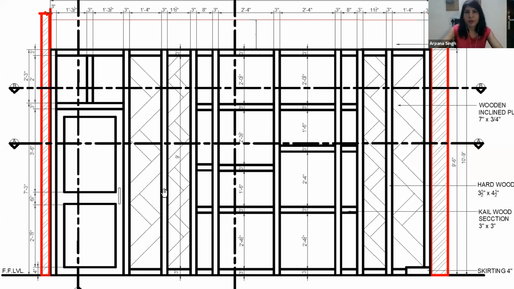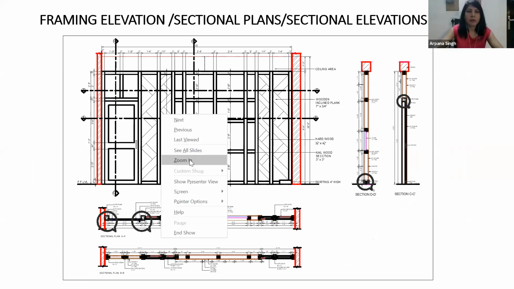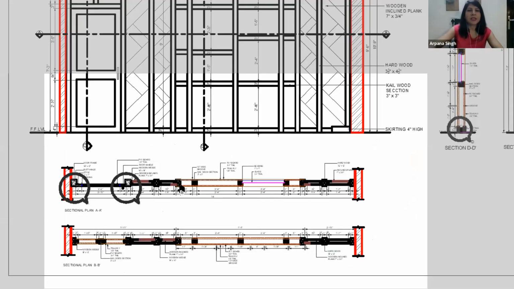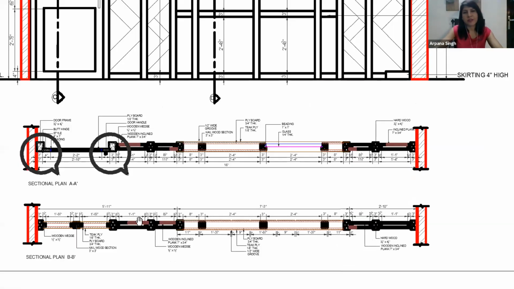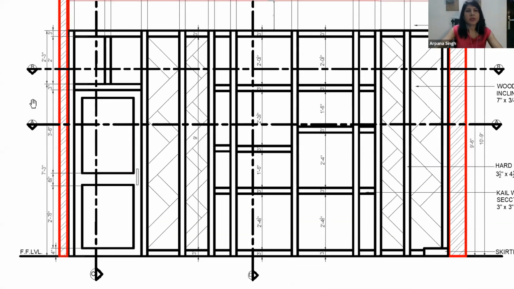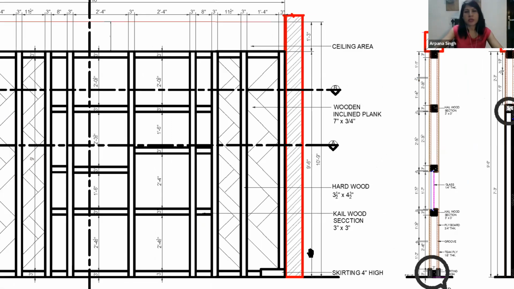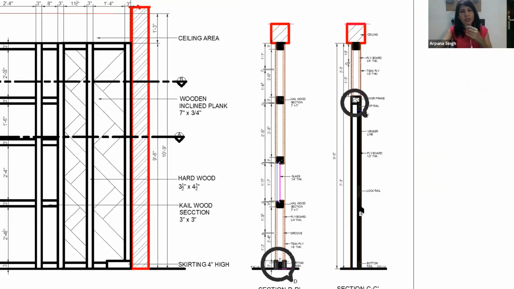Once the framing is ready and the door positions are ready, after that you detail out the plans. These are plans at different levels. Two levels have been created. She has shown one here and one here, and then two vertical sections have been cut, showing the detail of that.